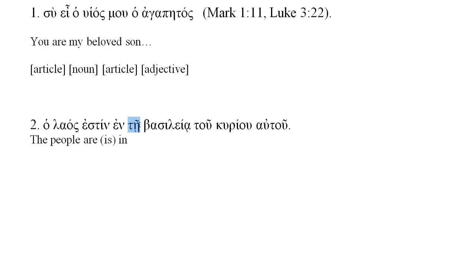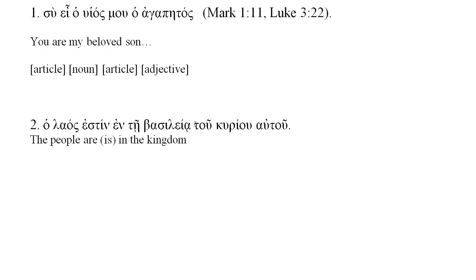And so we have this dative definite article, feminine singular, and then the feminine singular dative noun, basileia, kingdom. Notice the iota subscript under the alpha. That's a dead giveaway that we're looking at a dative singular. Okay, so we have te basileia. So in the kingdom,